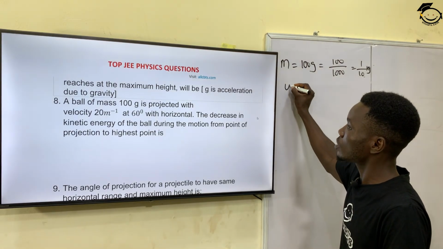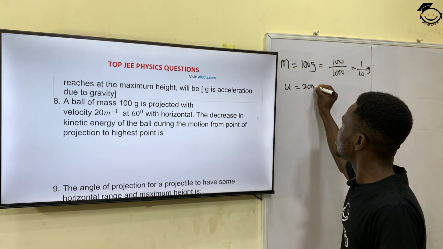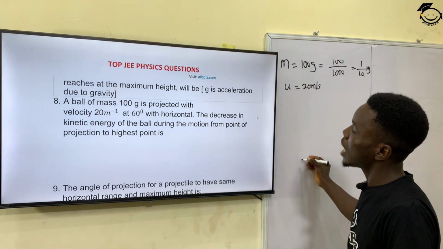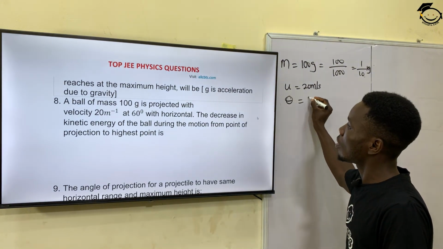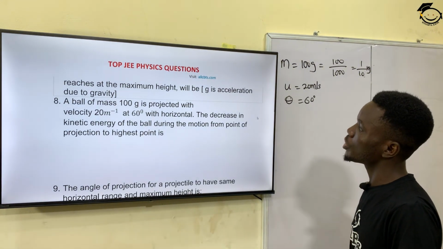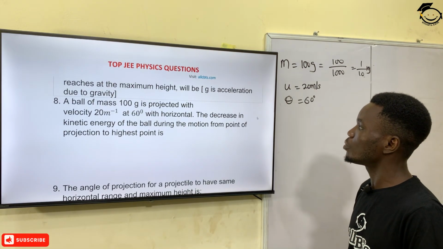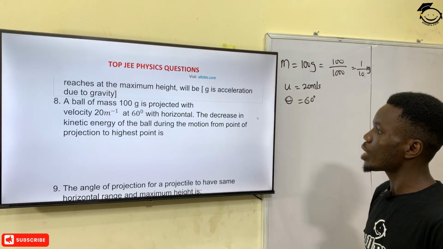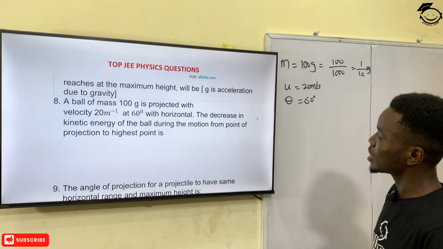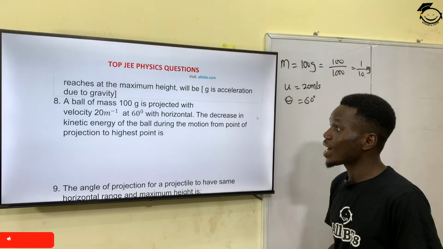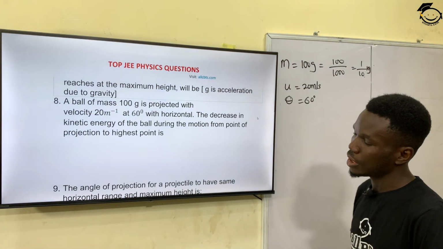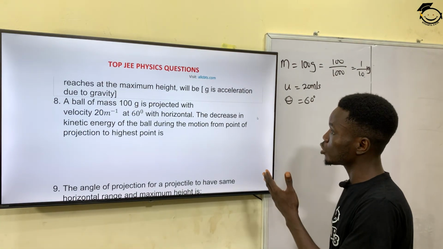So my initial velocity is 20 meters per second at an angle theta of 60 degrees with the horizontal. The decrease in kinetic energy of the ball during the motion from the point of projection to the highest point is dash. So we are trying to find the decrease in the kinetic energy, which is the difference between the